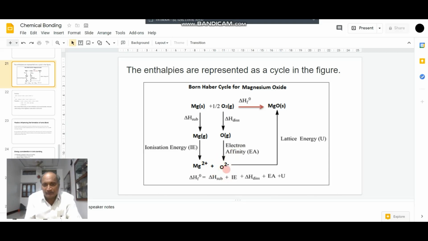Then coming to the last step, the combination of a gaseous magnesium ion in a divalent condition, Mg+2, combines with the oxide ion having 2 minus charges. So here a positively charged magnesium and a negatively charged oxide ion attract each other. Due to the electrostatic force of attraction between cation and anion, solid magnesium oxide is formed. So whatever energy is released during the formation of solid magnesium oxide from the gaseous ions is called lattice energy, and that can be calculated as